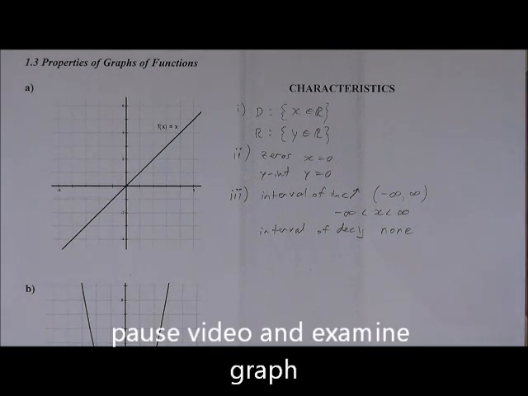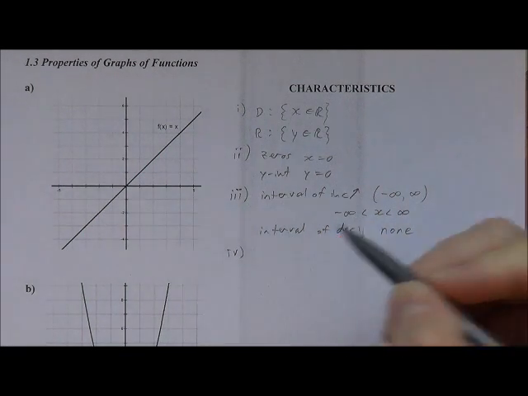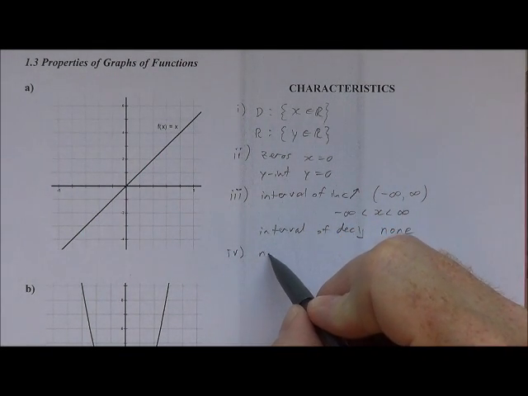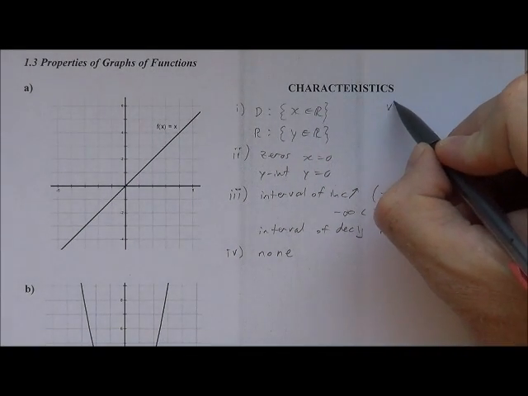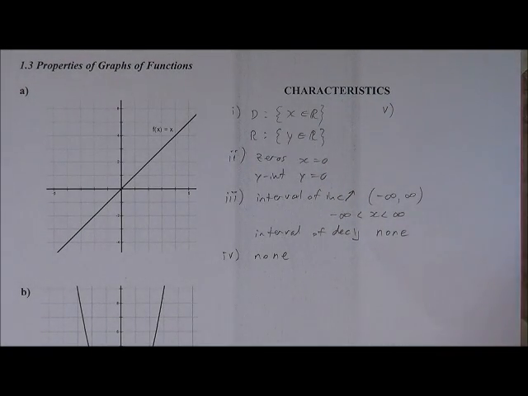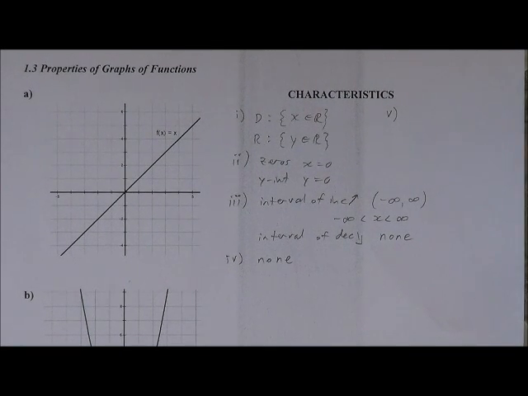Okay, discontinuities and asymptotes, there are none. And for part 5, which is symmetry, even or odd,